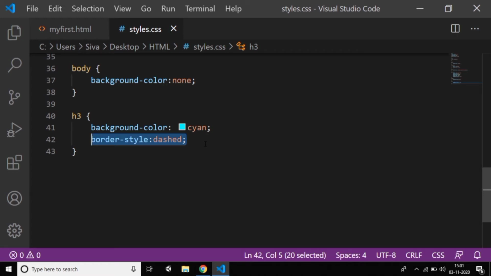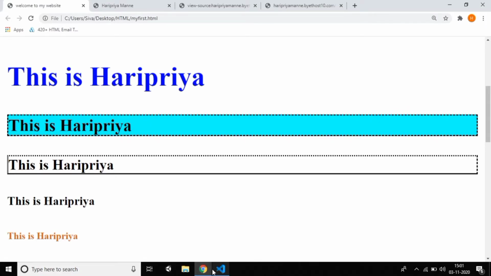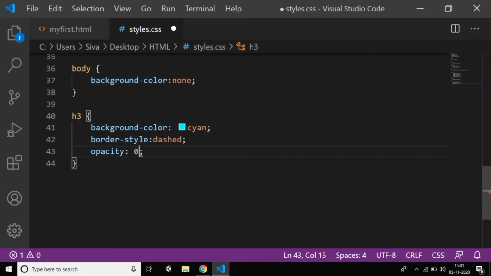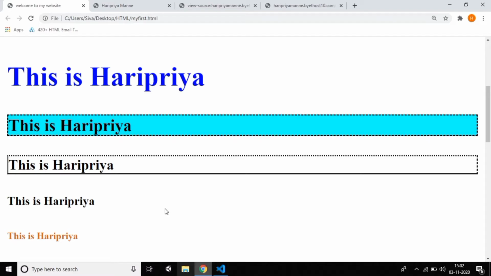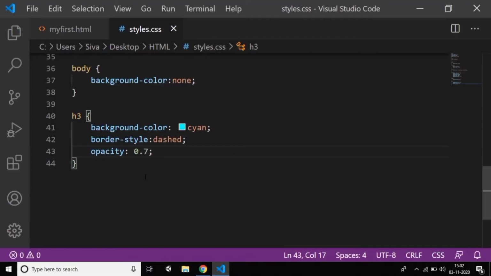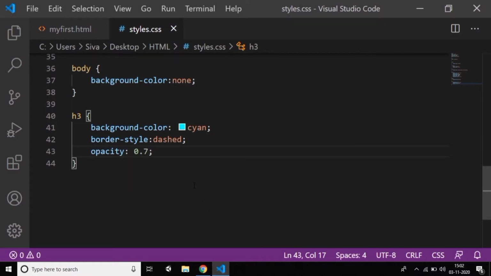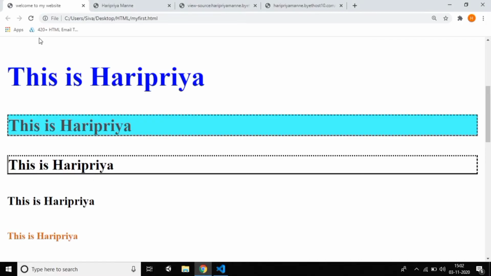And we have another thing called opacity. You gave a cyan color, right? If you want to lighten the color, you can give the opacity like 0.1, and observe the difference. I haven't reloaded yet; when I reload, you can see it is a very light color because I gave the opacity 0.1. If I give 0.7 and press Ctrl S and reload, it's not bad. It's still strong, so give 0.3 and reload. Yes, opacity means a lighter color. So this is all about opacity.